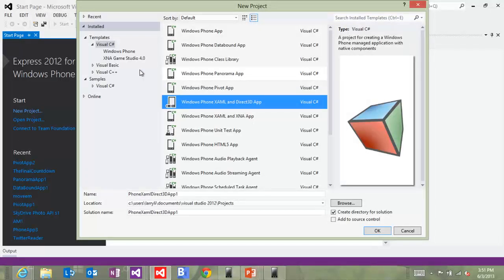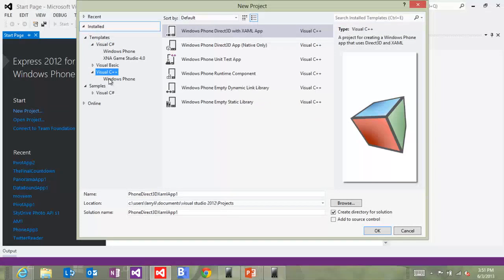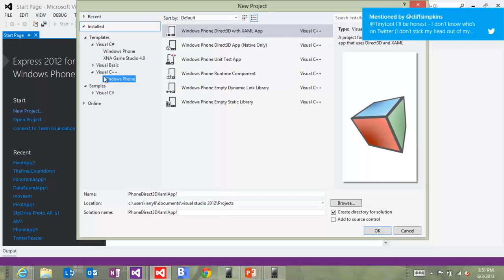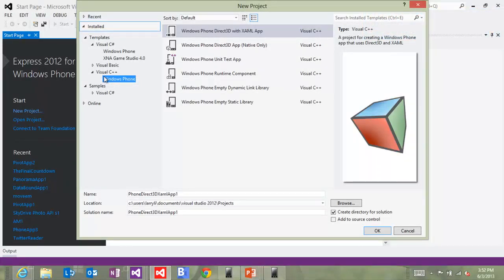So D3D and native were new in Windows Phone 8. Let me talk about this just briefly here, because the first and foremost reason we added this stuff was to get gaming in. If you look at all mobile devices, mobile platforms, gaming accounts for, depending on the study you're looking at, 65 to 70% of revenue generated in all mobile stores. So we knew that we needed to, and we work with lots and lots of game studios via our Xbox Live friends, and we knew that we needed to. XNA is fantastic.